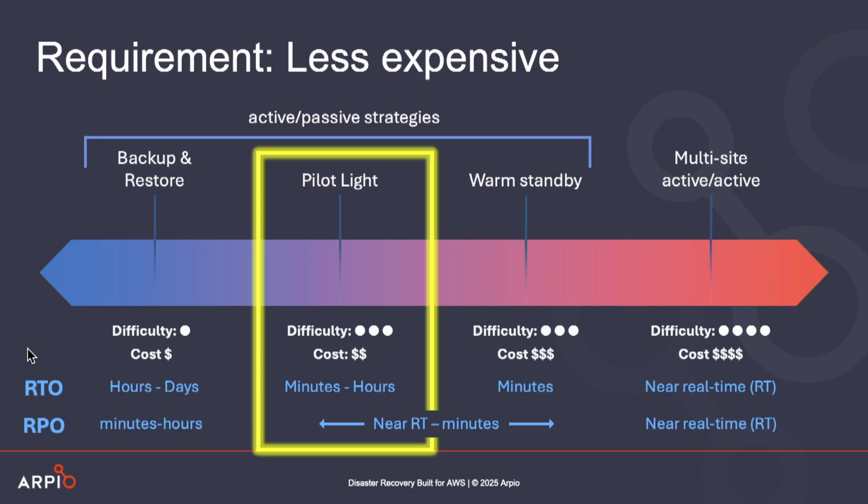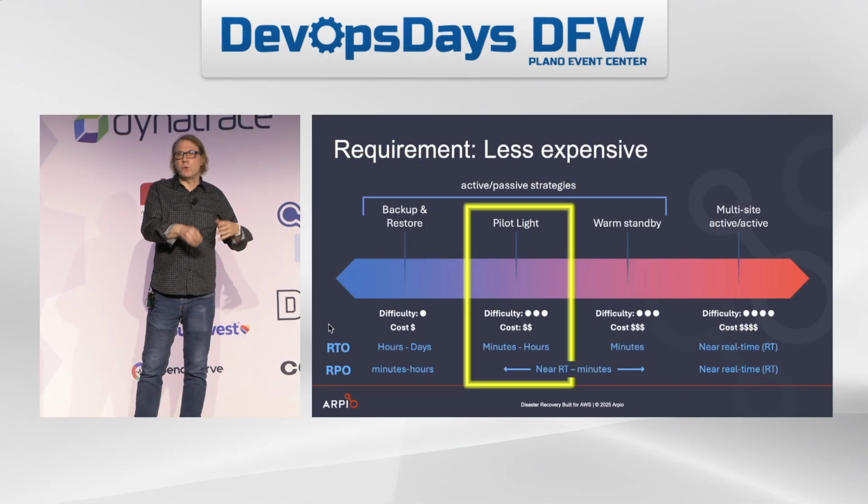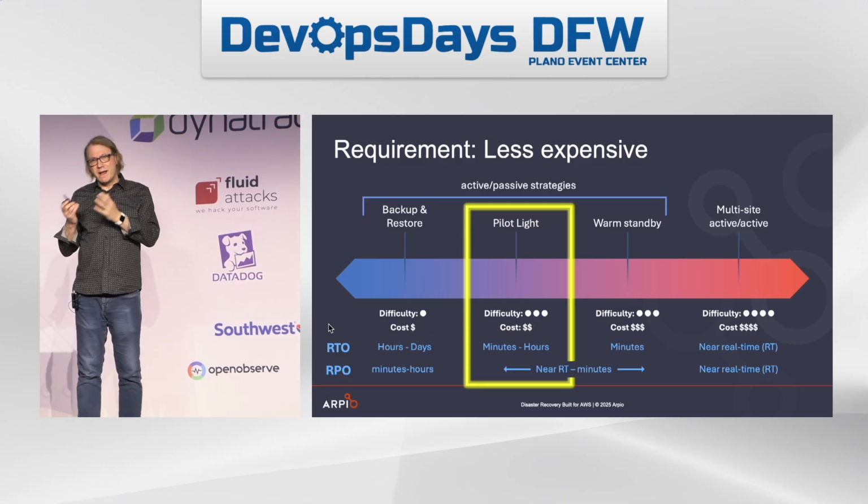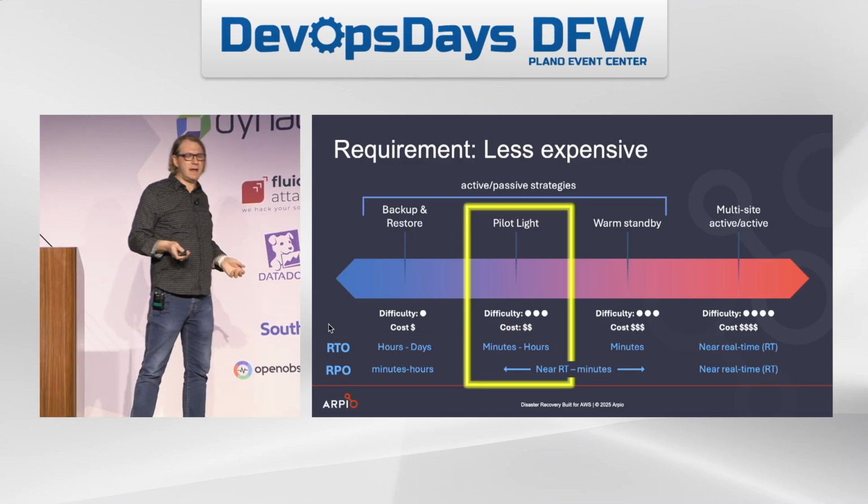The next requirement I'm going to go for is less expensive. And this one's a judgment call, all right? So this is not an absolute, but this is the one where I'm targeting the solution I'm talking to you about today. I'm not going to talk through each of these 4 disaster recovery strategies, except to say the ones on the left are less expensive, but also less sophisticated. They have more downtime, more data loss. The ones on the right are more expensive, more sophisticated, more complicated, with less downtime and data loss.